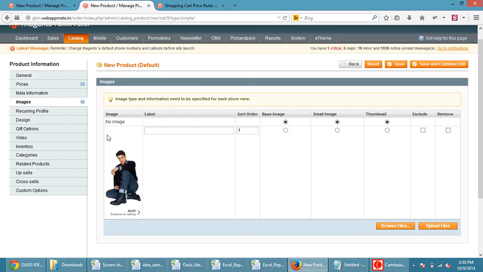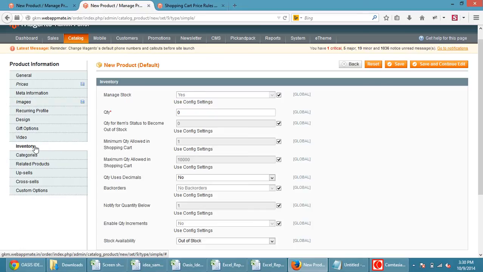The next step of ours is the inventory section. Click on inventory. So here is our inventory section. Always define some quantity, like 100 units, 50 units, whatever you want.